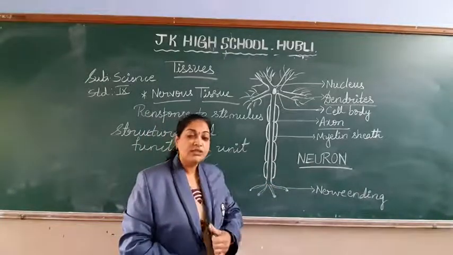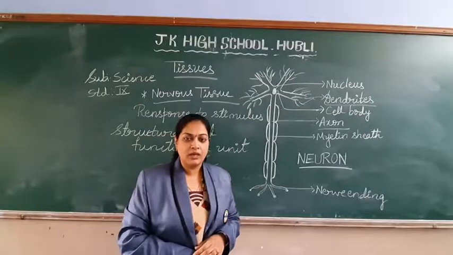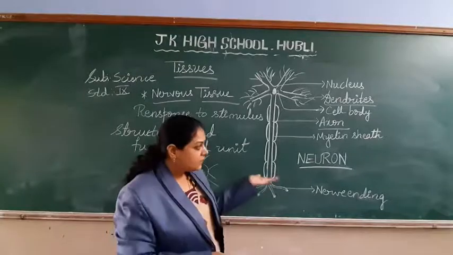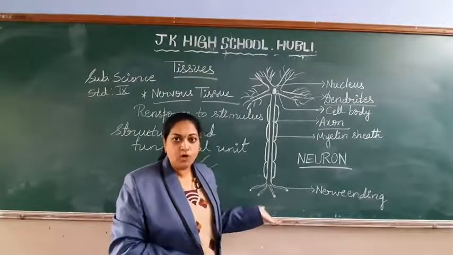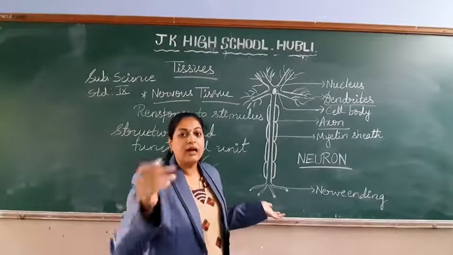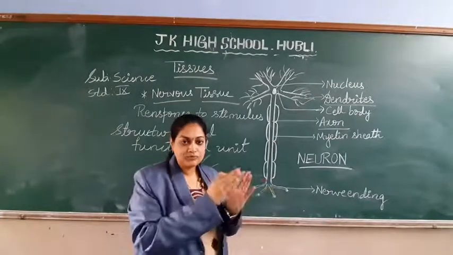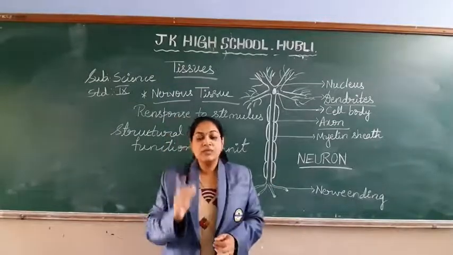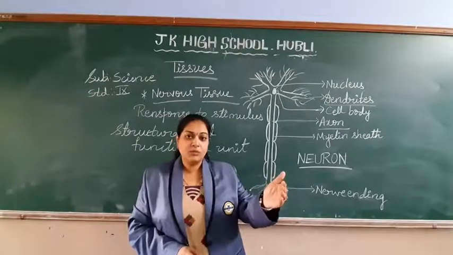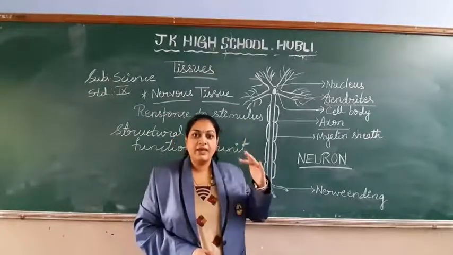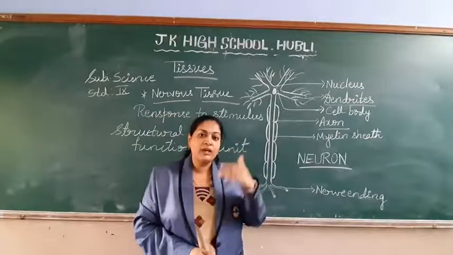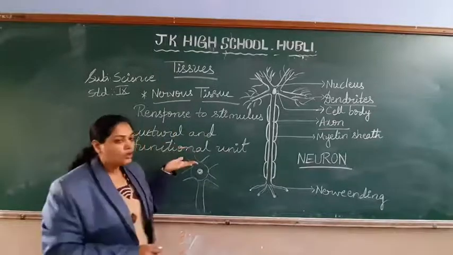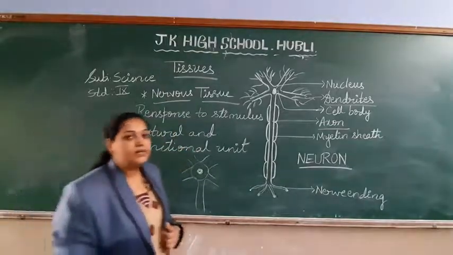So how many of these structures do we find in our body, students? Millions of neurons we find in our body, right? So this is the nerve ending. The end of one neuron means the beginning of another neuron. Like that we find millions of neurons in our body which help to transfer the impulses from the stimulus to our brain, and again they carry the response from the brain to the respective sense organ. So the neuron is an important part of our body, which comes under the nervous tissue.